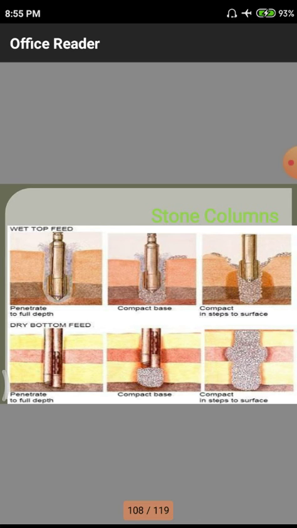In the case of stone columns, what is a stone column? The total column may be built with stones. Whatever stones are available cheaply near the fields will be carried to the particular site and filled in at particular levels. After the filling they need to do vibrations. Why? Because the stones have to move in a particular manner so that there will be fewer voids in a particular area. This is the first principle.